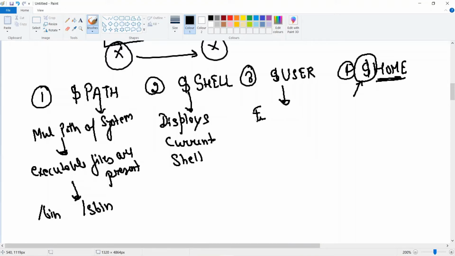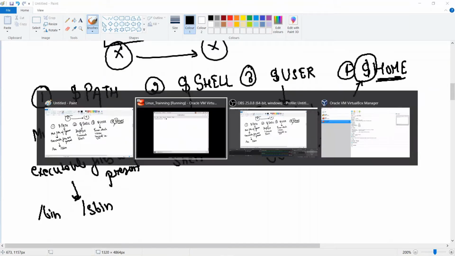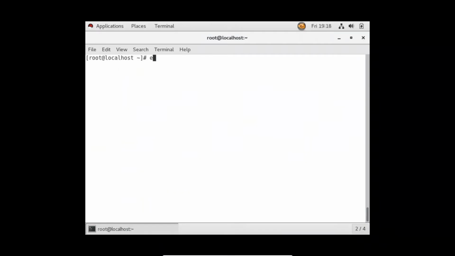From which user we are currently logged in. As I told you, to log in to the system we need some user. So from which user are we currently logged in? Let me check. So the username is root,